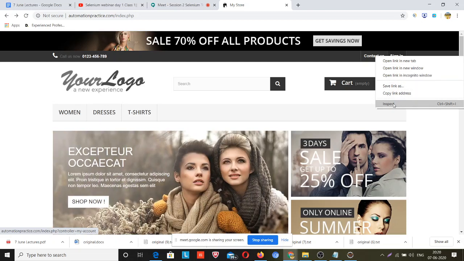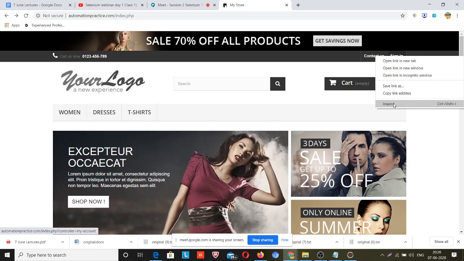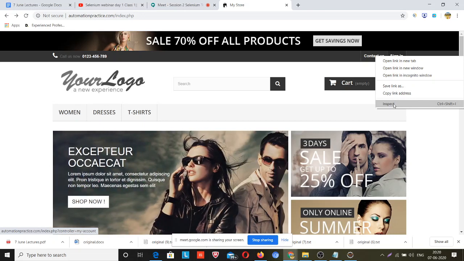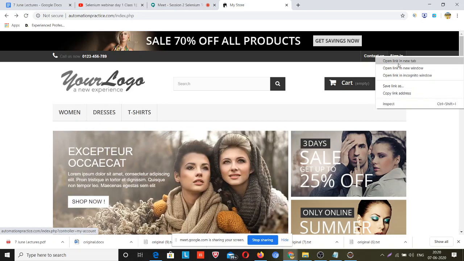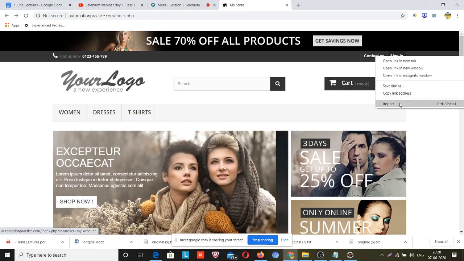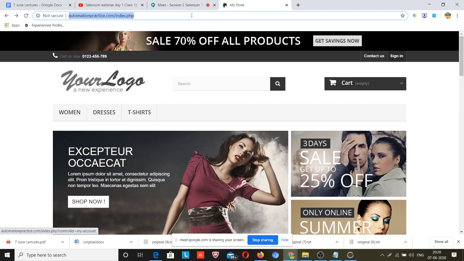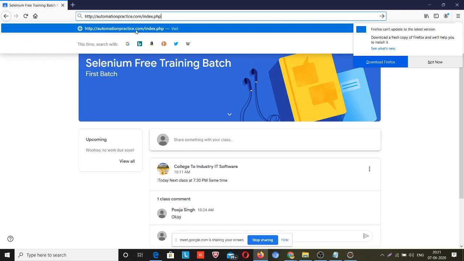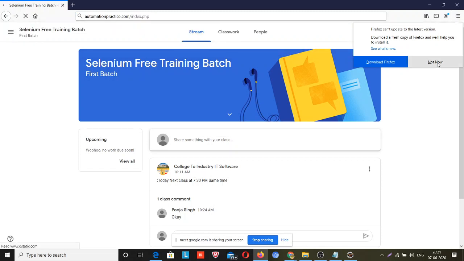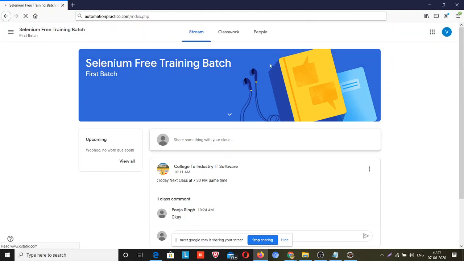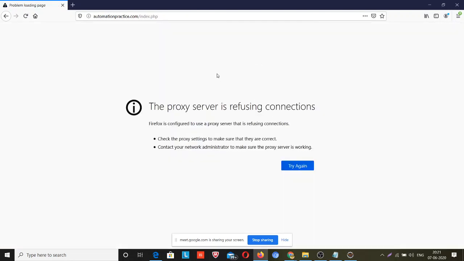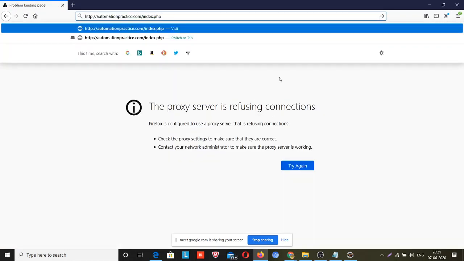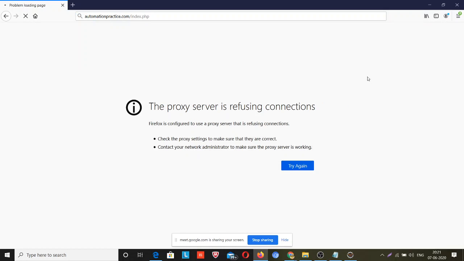If you do the same thing using Firefox browser, then it will ask you in between and show inspect element. Let me do it from Firefox browser. I will paste this URL. Maybe I have done some proxy settings, that's why this URL is not opening directly.